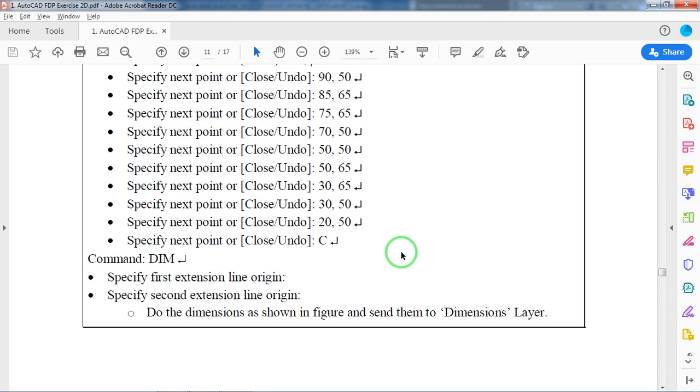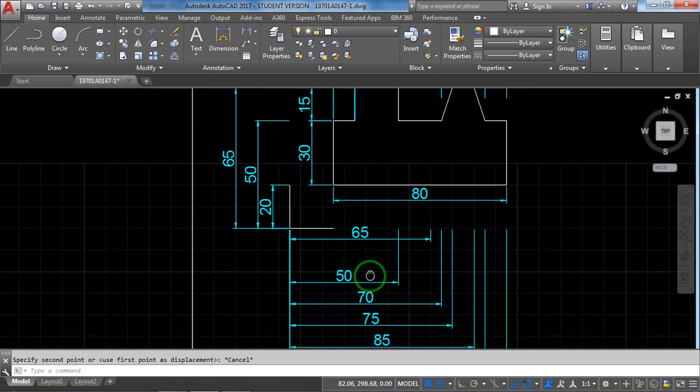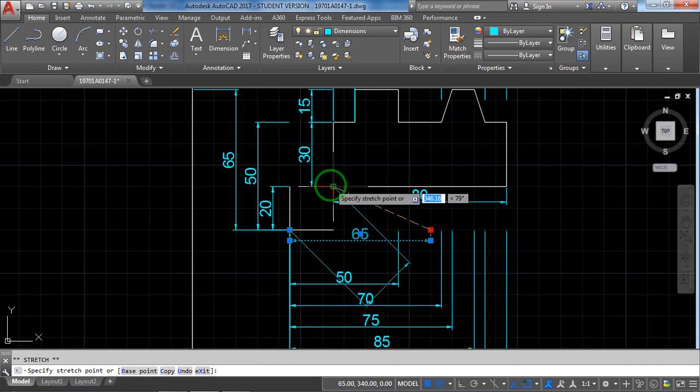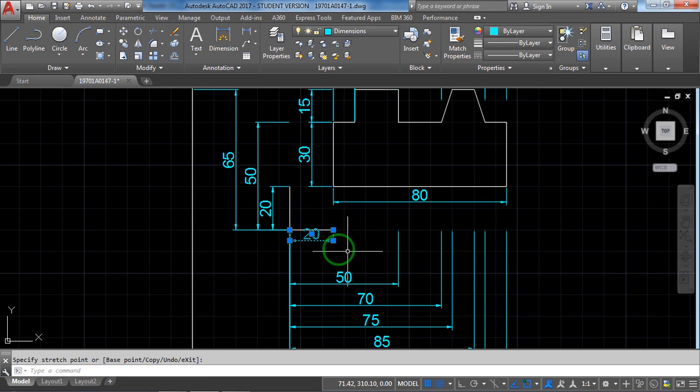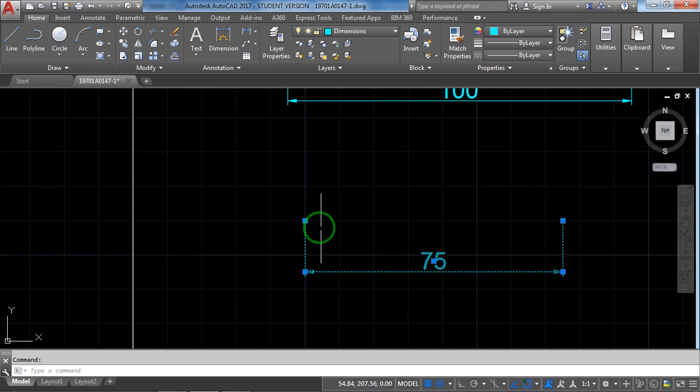So let me verify with the dimensions in the manual. 20, 30. See, this might be 20. I have to keep it. 20. Still I have 20. Next 30. This will be the 30.